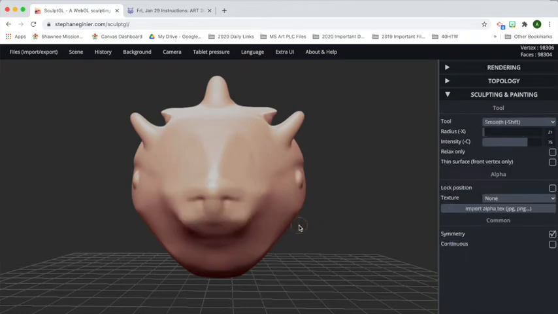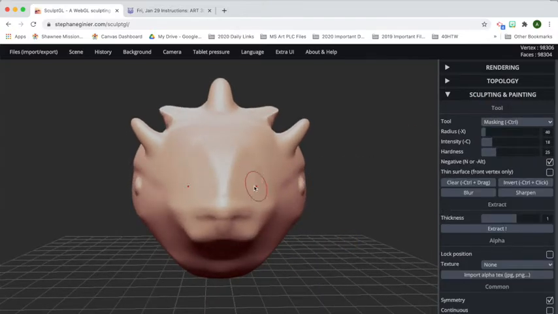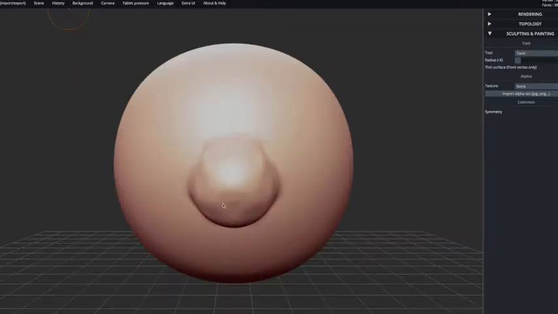Remember, after you have made your edits, please take time to use the smooth tool to give it a more finished look, to make it feel more part of the sculpture. Another way to form the nostrils is by using the twist tool. So you would set the radius to whatever size you would like, and then if you go off center, you can click and rotate it to create a little bit of that twisting motion that you would see